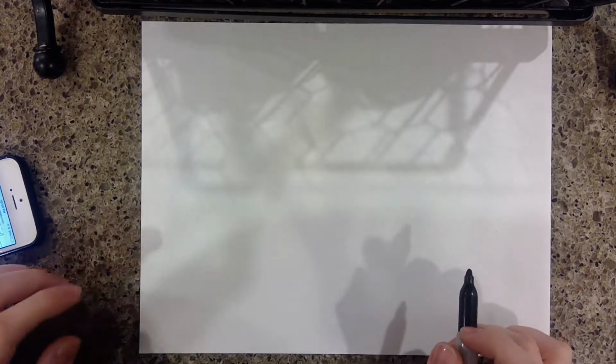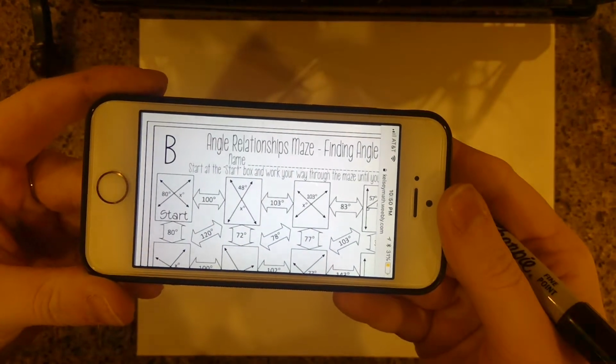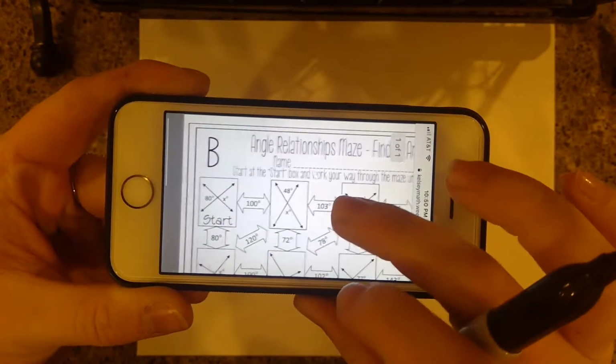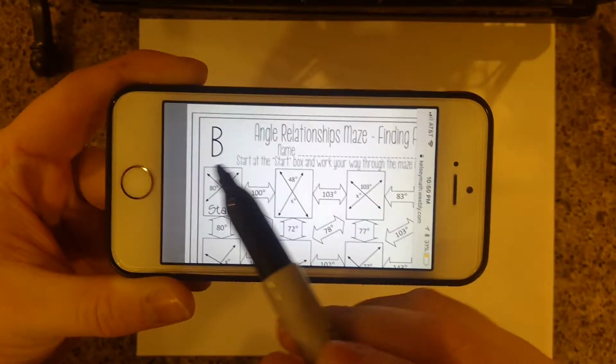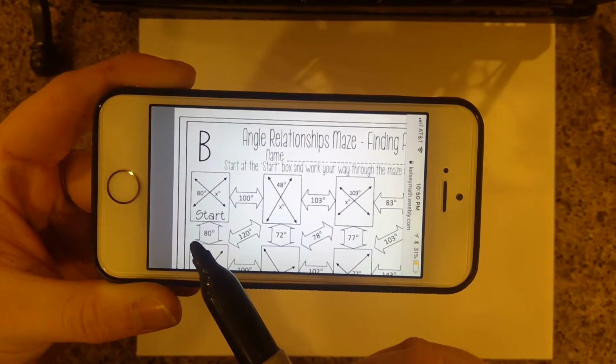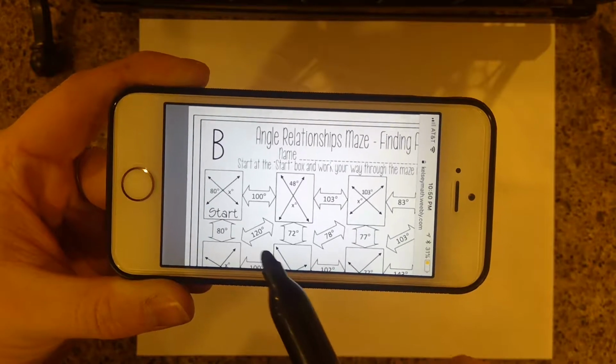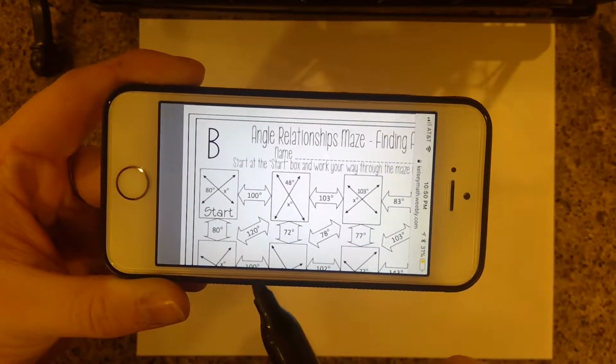Okay, so I'm going to explain how to do these 3 worksheets. So the first one I'm going to explain is the angle relationships one. It looks like this. It's the angle relationships maze. So the first one is 80 and x. So you have to determine on this one if the angles are congruent, supplementary, or complementary, which means they add